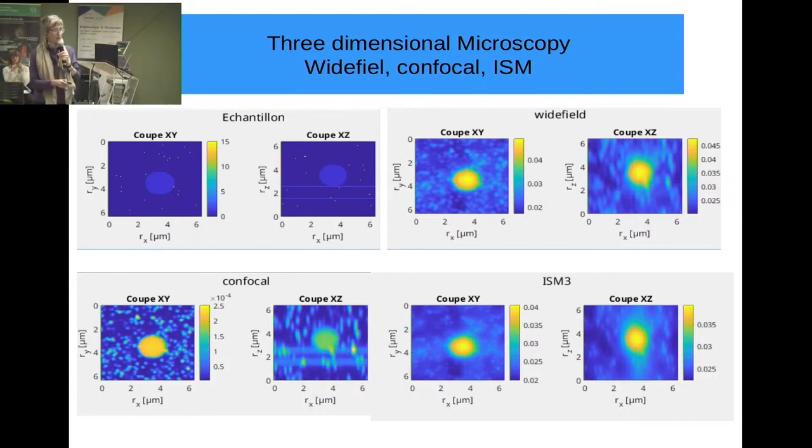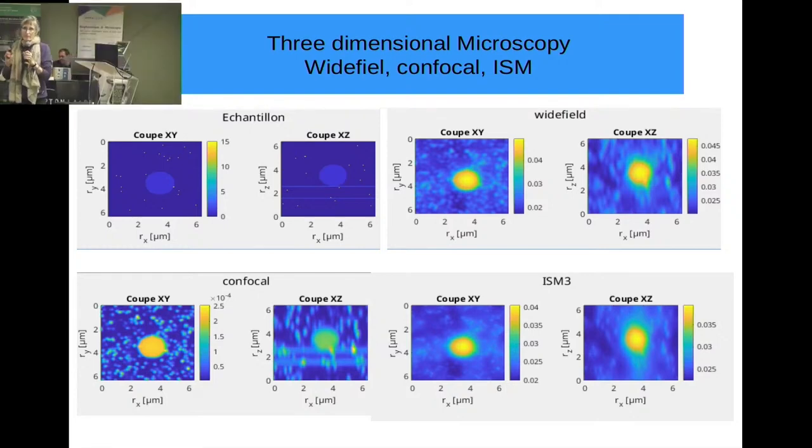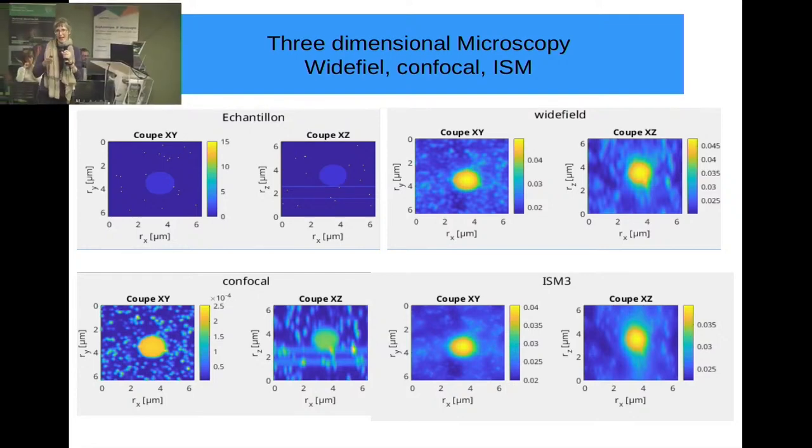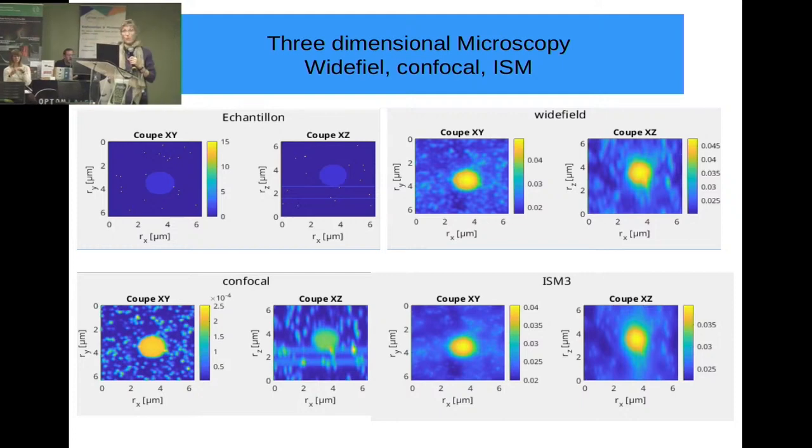ISM, it's different. You have a much better resolution here. You don't see it because it is washed out by the lack of contrast due to the fluorescent plane. You don't see the fluorescent plane. ISM, the Airyscan technique, when it is done with a huge detector, there is no optical sectioning. So you're losing one of the main interests of confocal microscopy, but you can, with some trade-off, recover some optical sectioning by taking a small camera and not a big camera when you do your pixel reassignment.